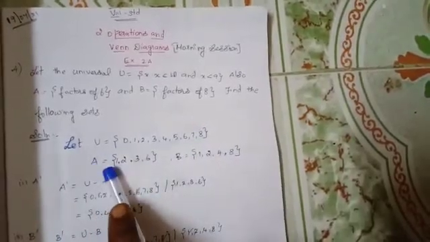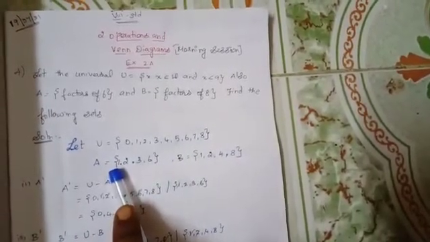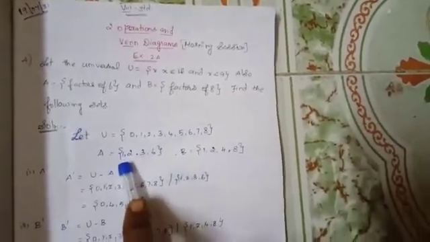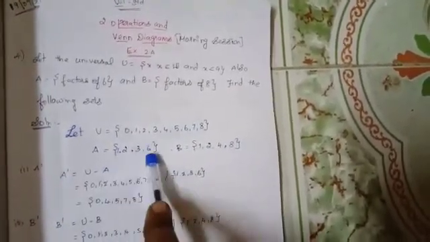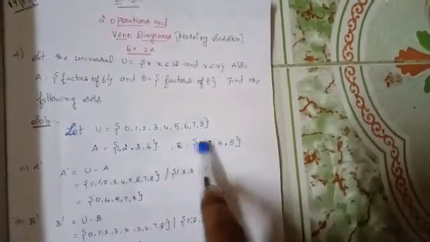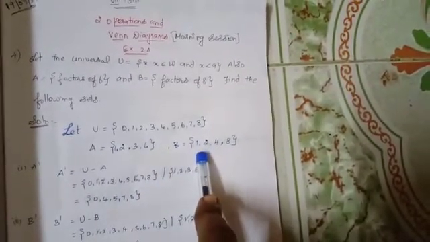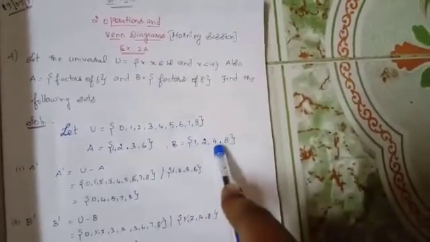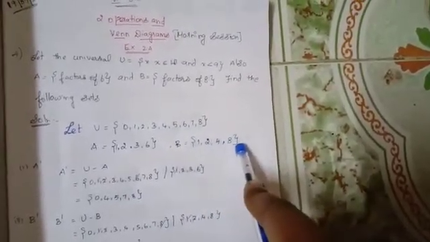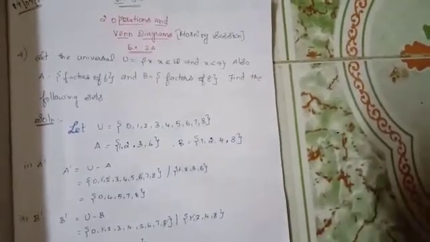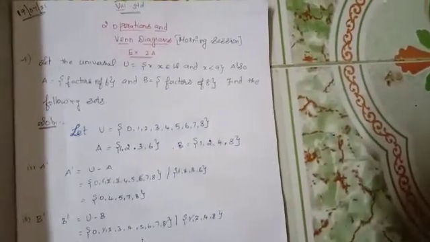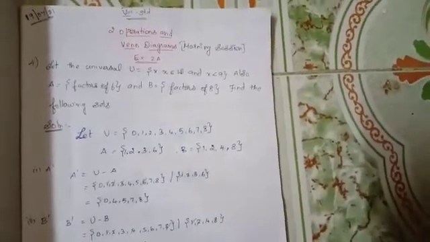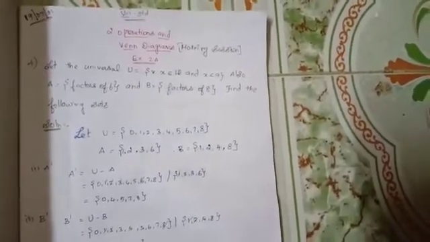And then A is equal to the set having the factors of 6. 6 having 1 is one of the factors, the next one is 2, 3, 6. So these are all the factors of 6. B is also having the factors of 8. Factors of 8 means 1 is a factor of 8, 2 is a factor of 8, 4 is a factor of 8, 8 is a factor of 8. Factor means what numbers come in the table of 8. What numbers come in the table of 6? Those numbers are called the factors of 6 and 8.